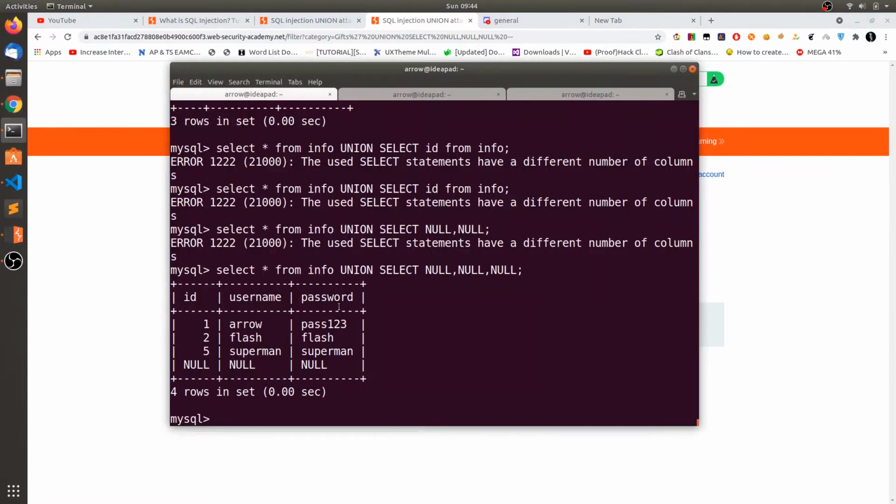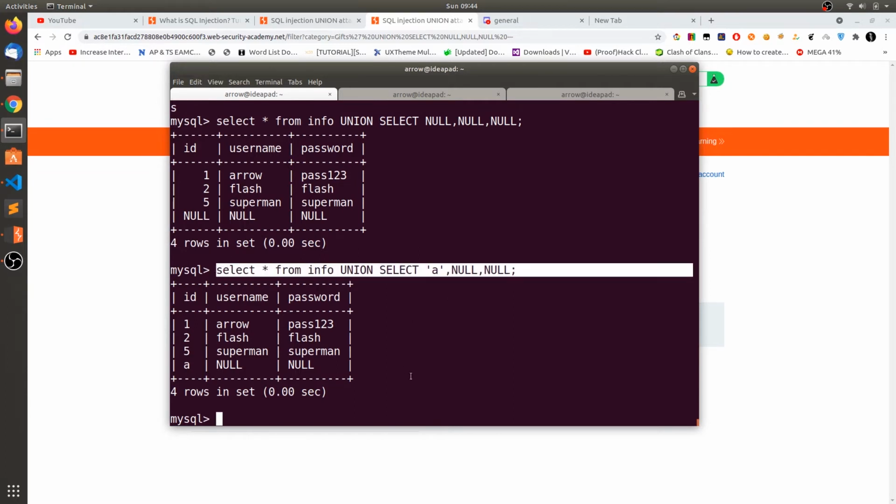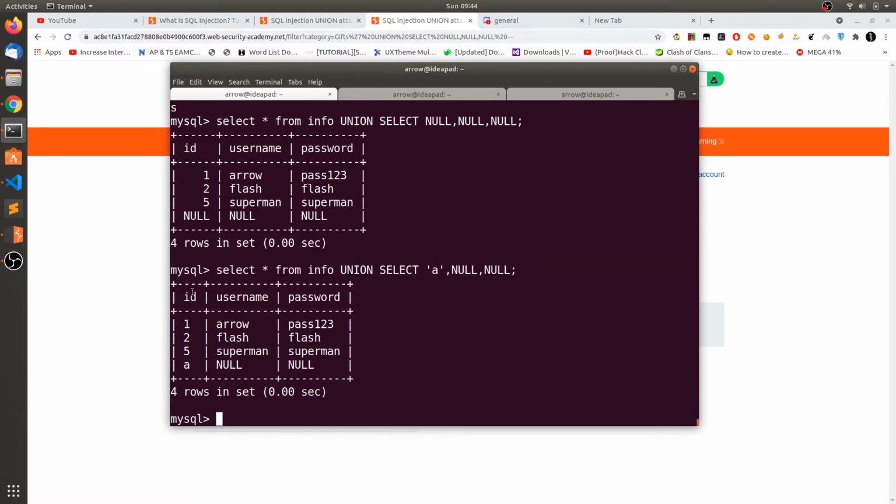Okay, the next lab is going to be determining which column has the string. Let's go ahead, and since we came to know that there are 3 columns, let's say A. So here in my SQL, it's a simple SQL configuration. This ID is a normal integer and it's also appending the string. In a normal web application deployment, this will raise an error because this is a string and it will not be shown along with the integer.